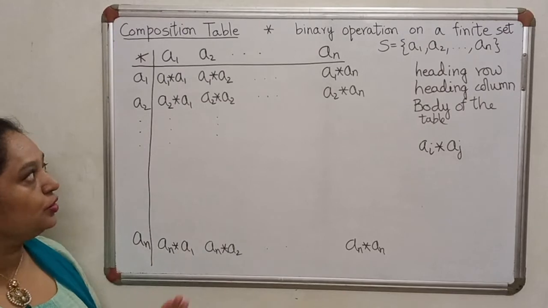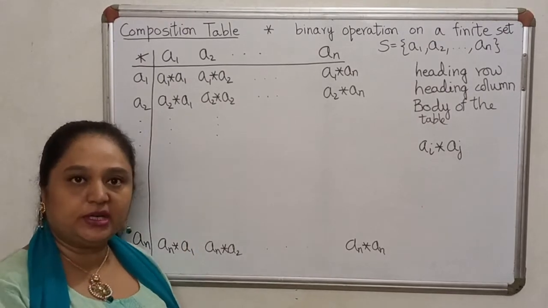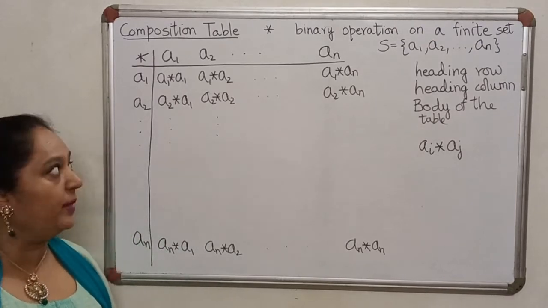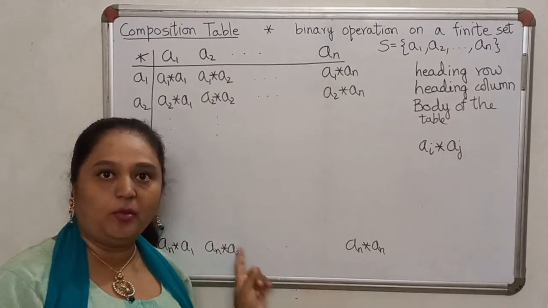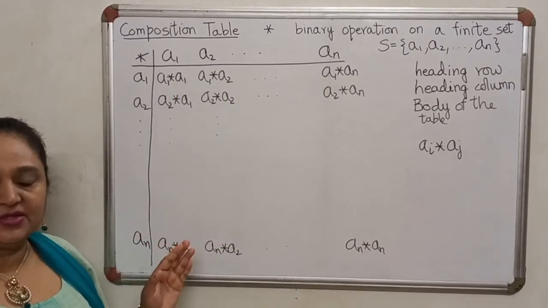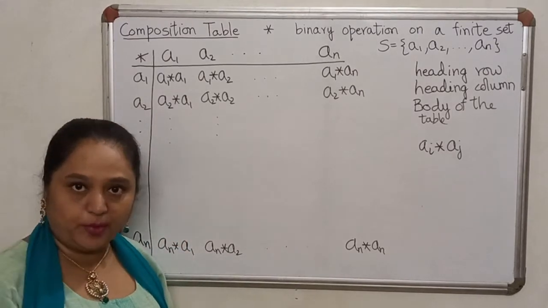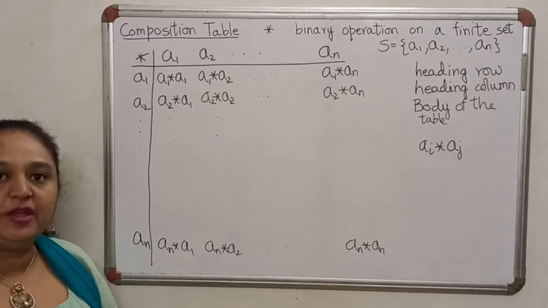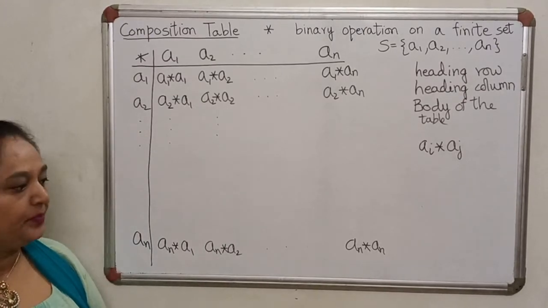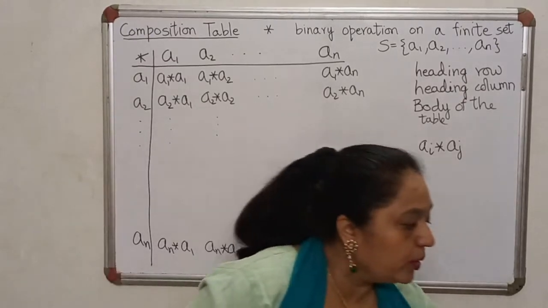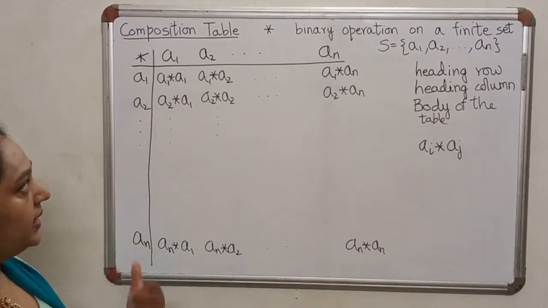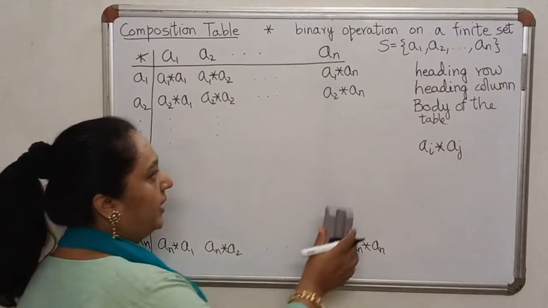So in order to show from the composition table that star is a binary operation on S, we have to make sure that there are no blanks in the composition table, no place where you have more than one entry possible, and all entries in the body of the table must be from the given set. Also, you can check whether an operation is commutative directly from the composition table.